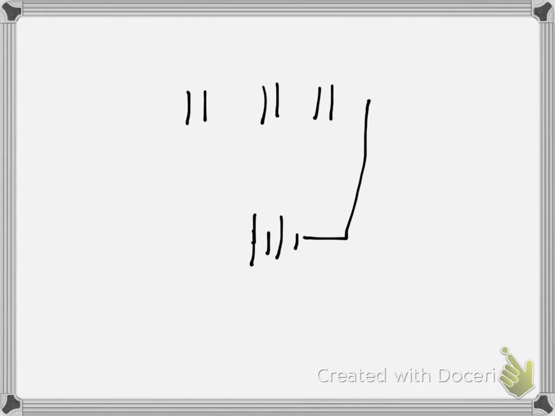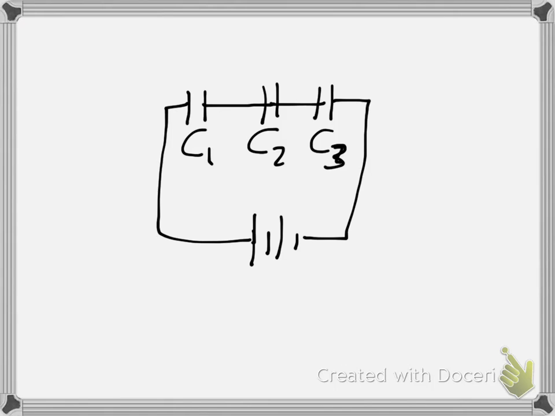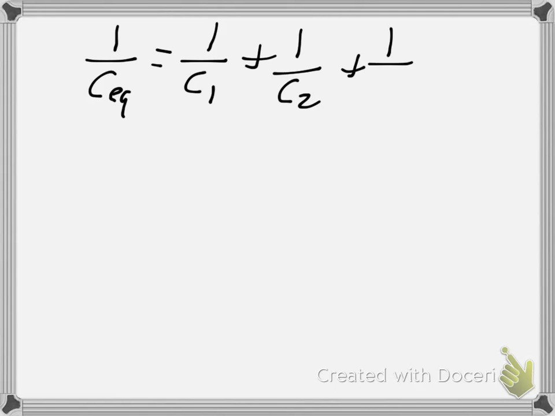So let's say we have the case where we have 3 capacitors in this circuit, and they're labeled C1, C2, and C3, right? Then we're going to get that 1 over C equivalent is equal to 1 over C1 plus 1 over C2 plus 1 over C3, and this can get pretty tedious, but a quick shortcut is to multiply by the other two denominators to get